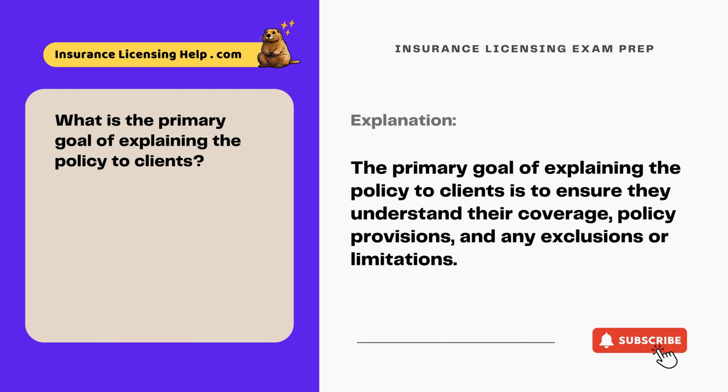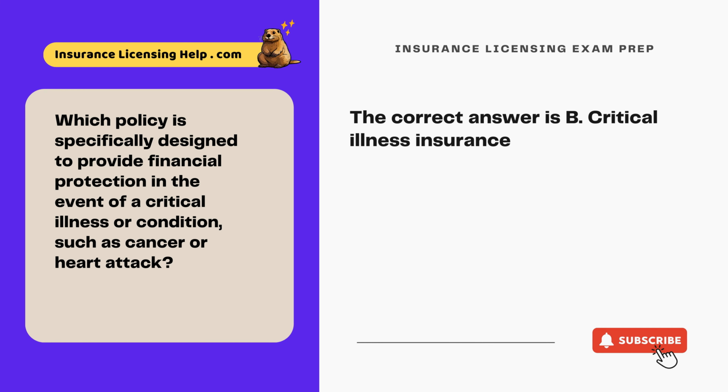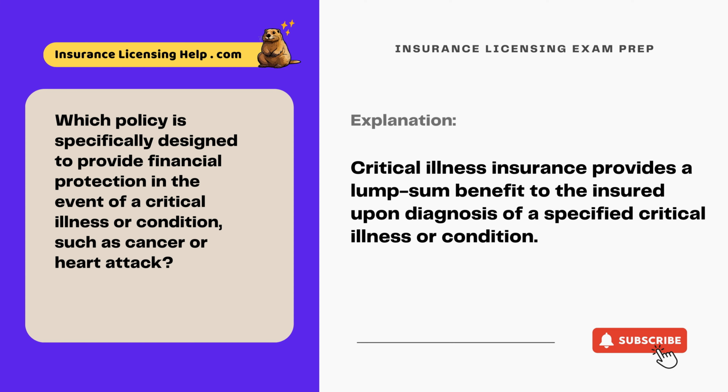exclusions or limitations. Which policy is specifically designed to provide financial protection in the event of a critical illness or condition, such as cancer or heart attack? A. Disability income insurance. B. Critical illness insurance. C. Long-term care insurance. D. Term life insurance. The correct answer is B. Critical illness insurance. Critical illness insurance provides a lump sum benefit to the insured upon diagnosis of a specified critical